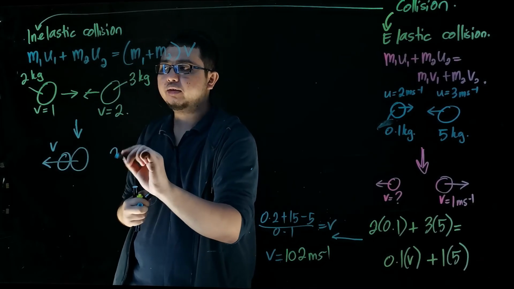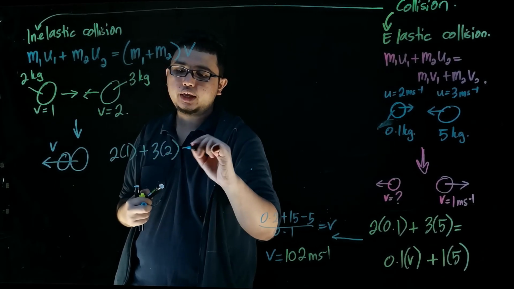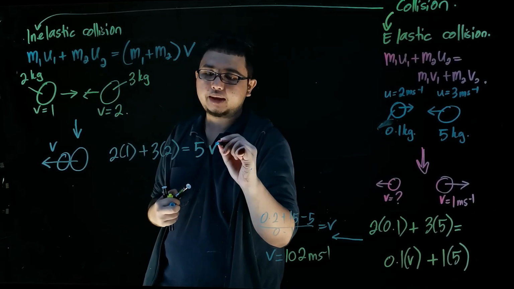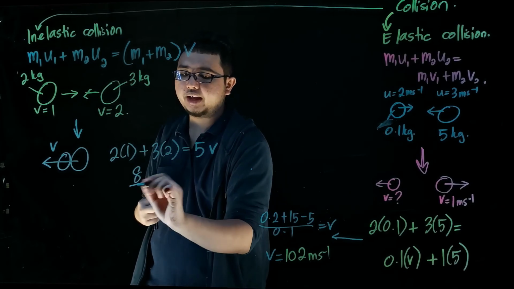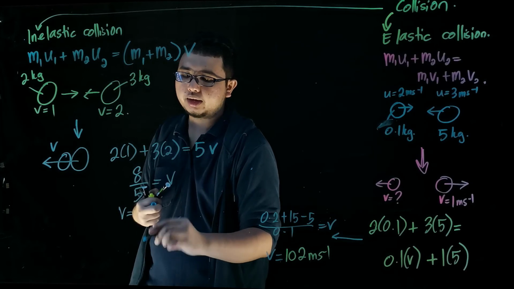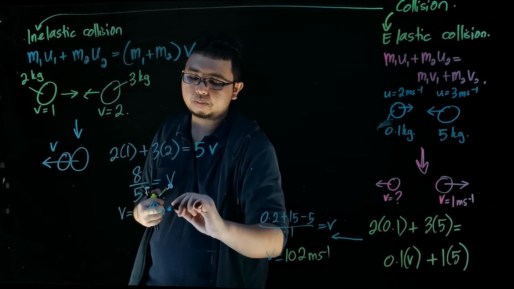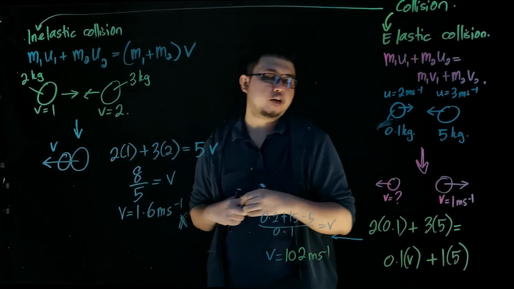So we multiply the 2 with the 1 plus 3 with the 2 equals the total mass of both of these objects, 5, times v. 2 plus 6, you get 8 divided by 5, and basically your velocity is 1.6 meter per second. Now, aside from inelastic collision,